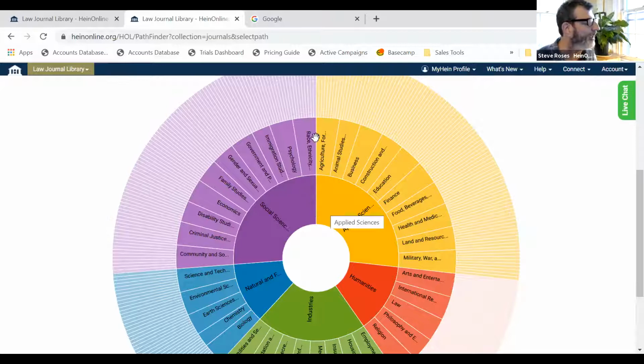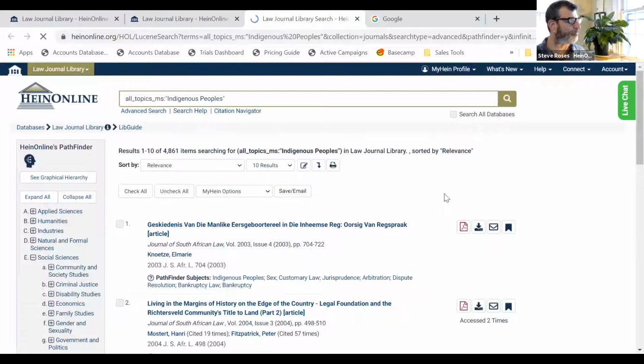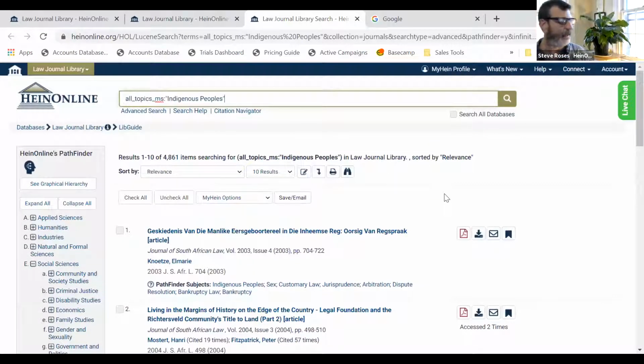So if I were looking at this and I wanted to get into something like Indigenous studies, I might go into the social sciences and click on race, ethnicity. And if I click on race and ethnicity, I might look around to see if there's anything on Indigenous peoples. Does anyone see something on Indigenous peoples? Yes, there is a whole section here within race and ethnicity on Indigenous peoples. And if I click on that, it's going to start to take me to results dealing with Indigenous people. So the Pathfinder feature is really helpful in fine-tuning,